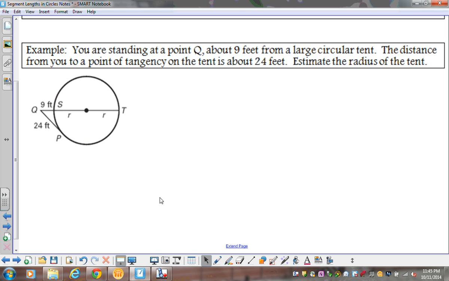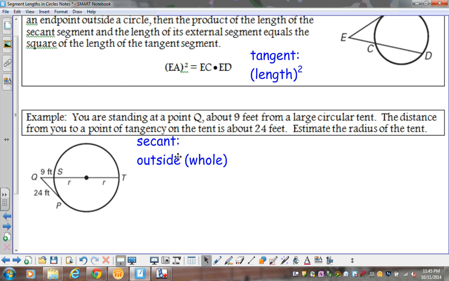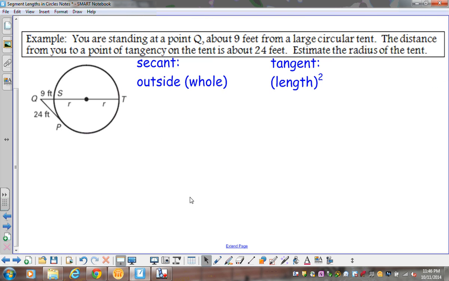All right, so if you notice, I've got a secant right here. QT is a secant. QP is a tangent. So that's what I'm going to use for secant. It's going to be used for tangent. Set them equal to each other and solve. So secant is outside times whole. All right, so let's look at that first. My secant, my outside piece is 9